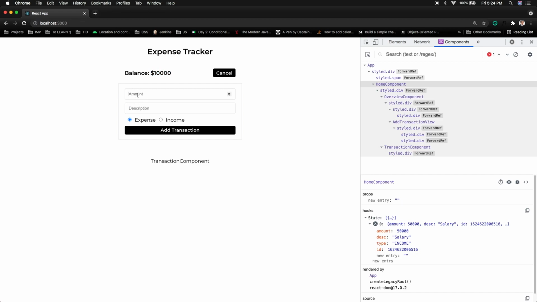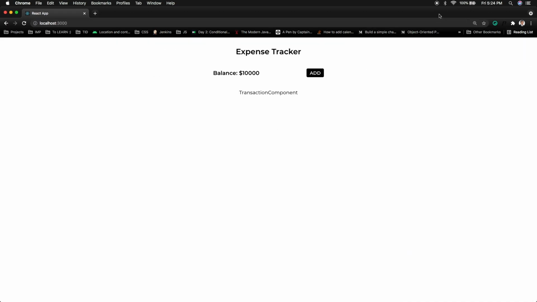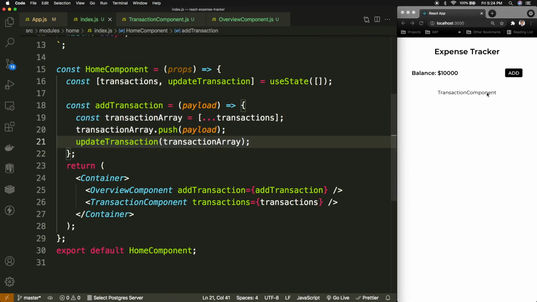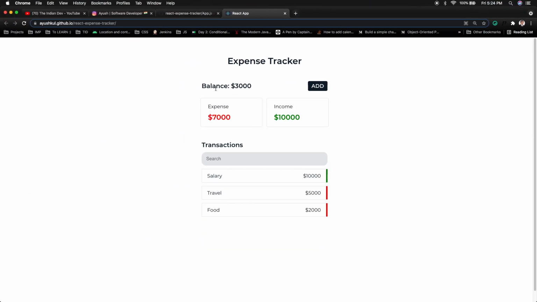If I add another transaction, maybe 10,000 as household, as the expense, then you will see the state is updated with another transaction that is for an expense. So we are good with the state management. Now we just need to work on the transaction component, but before that, what we can have is this particular